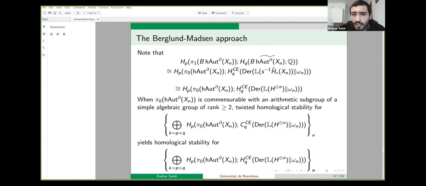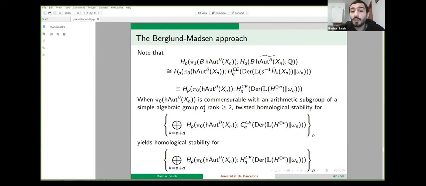And here we have the Chevalley-Eilenberg cohomology of this thing. The Chevalley-Eilenberg complex is a polynomial functor, and we would like to use that property. So there is a theorem by Berlin and Madsen that says that if the group that acts on the homology groups is commensurable with an arithmetic subgroup